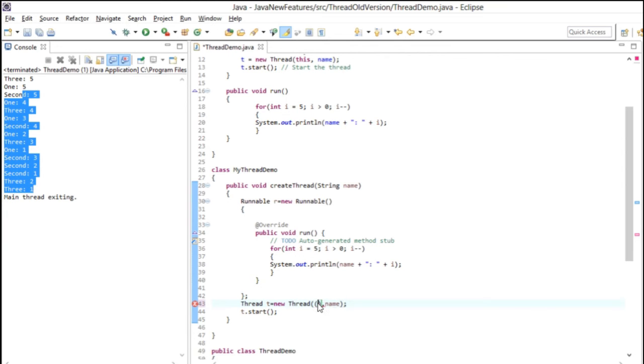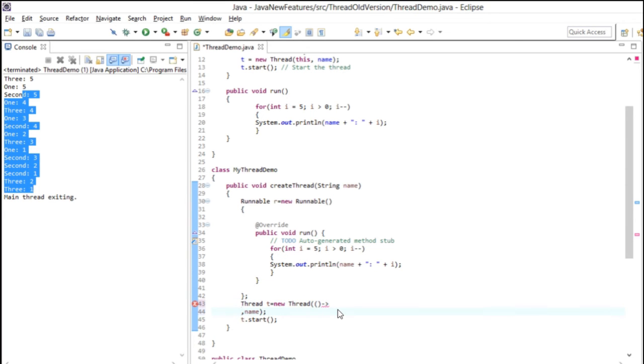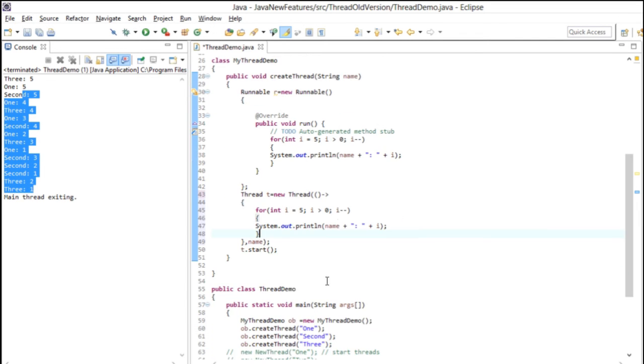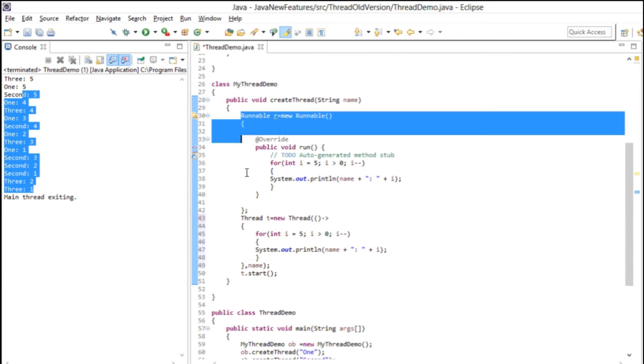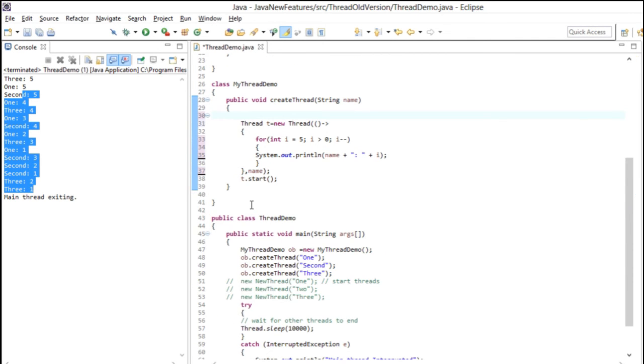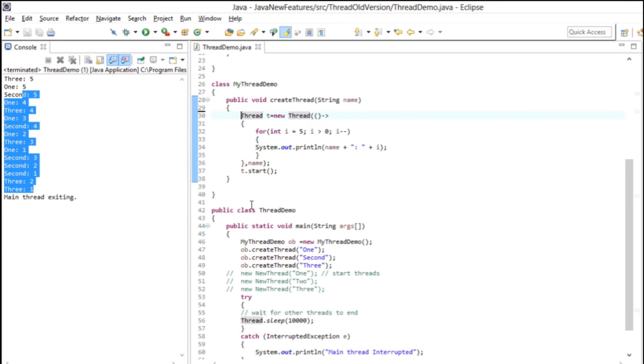I'm passing blank parentheses, then the lambda expression, and now I'm going to pass my business logic in brackets. So let's write my business logic over here. Okay, and let's just remove this and run.